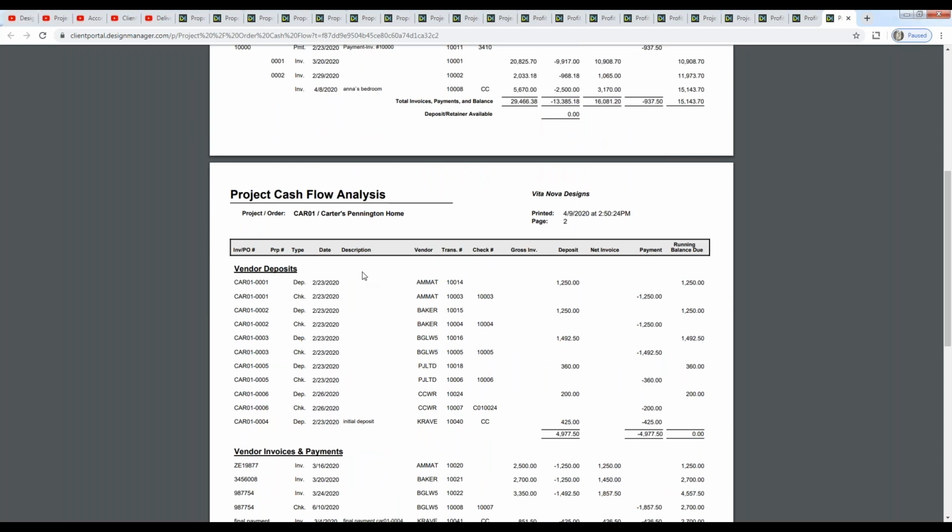Here we see quite a bit of vendor deposits: the purchase order in question, the deposit transaction itself, the vendor, the transaction thereof, the deposit amount, and our running balance due. And in many of these cases, we immediately see a check being generated. That's the payment, reducing that running balance due down to 0. And that occurs time and time again for many of our deposits until we get down to the final entry,